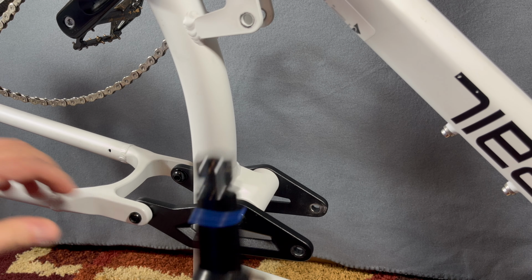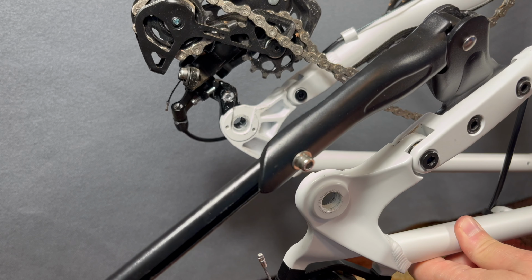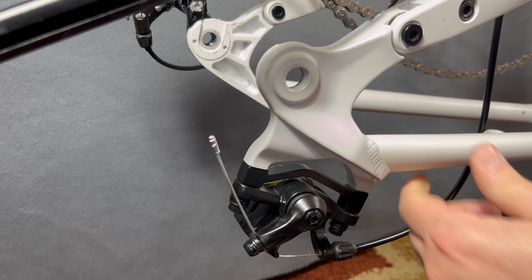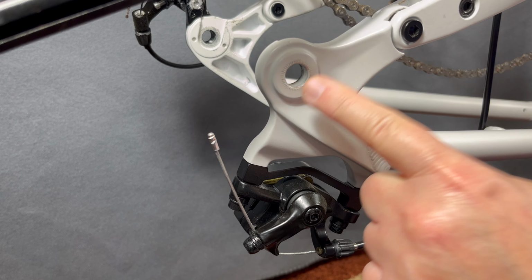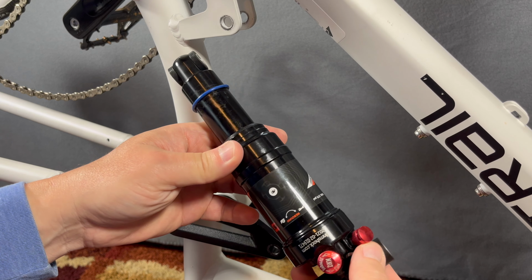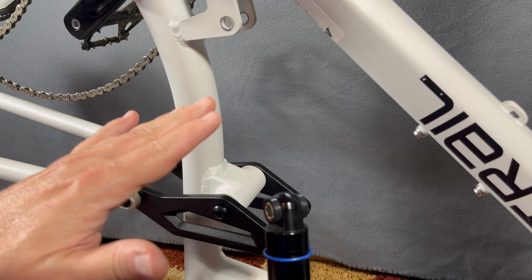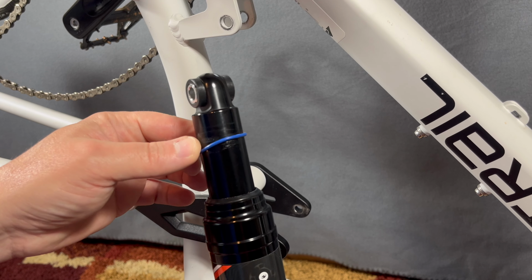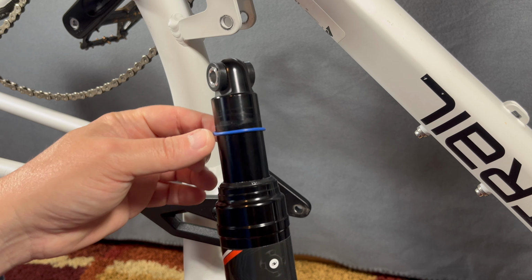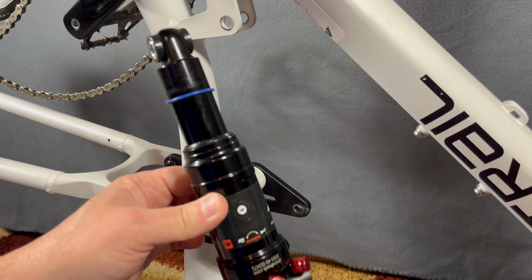But 190 not only fits, but it changes the rear travel. I'm going from a max functional travel at the rear, not usable, just functional, of 100 millimeters to 104 millimeters. For me, when I mount this and I take all the air out of this and I bleed it down, I can get the full 104 millimeters of travel at the back, even with air in it, using this little sag ring as a gauge and lowering the air so I'm getting full compression,